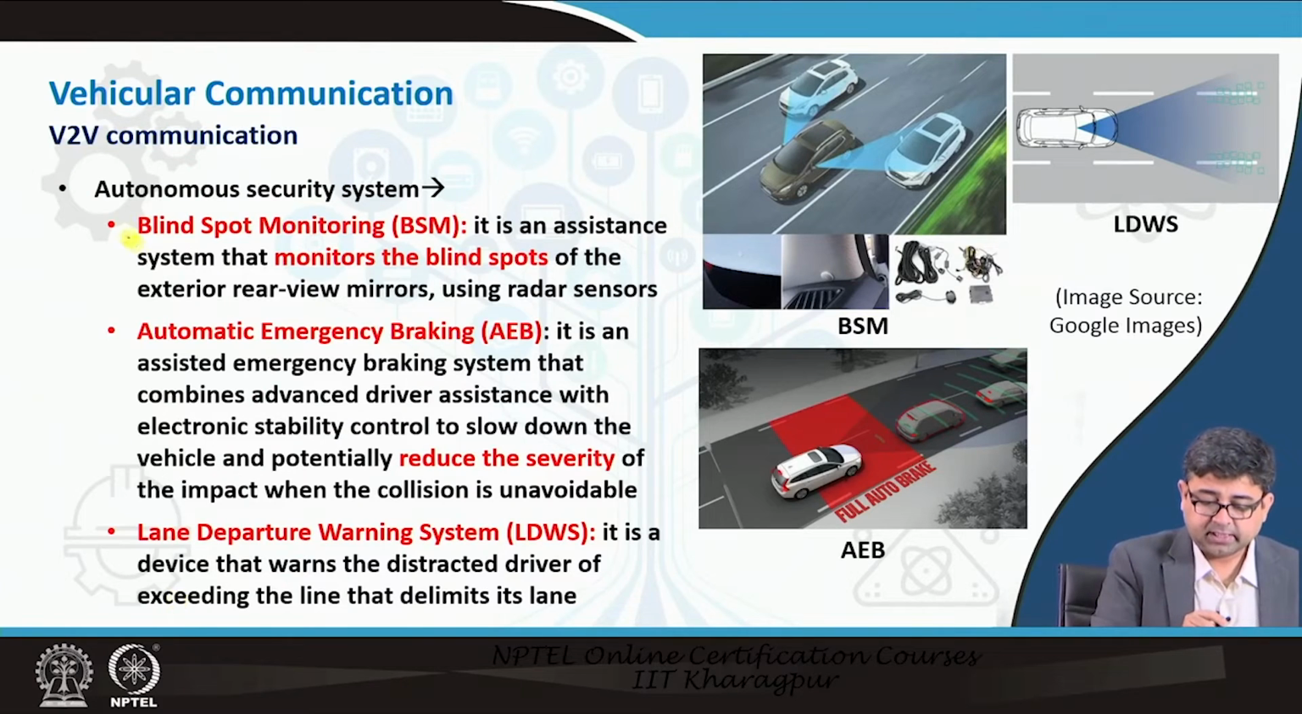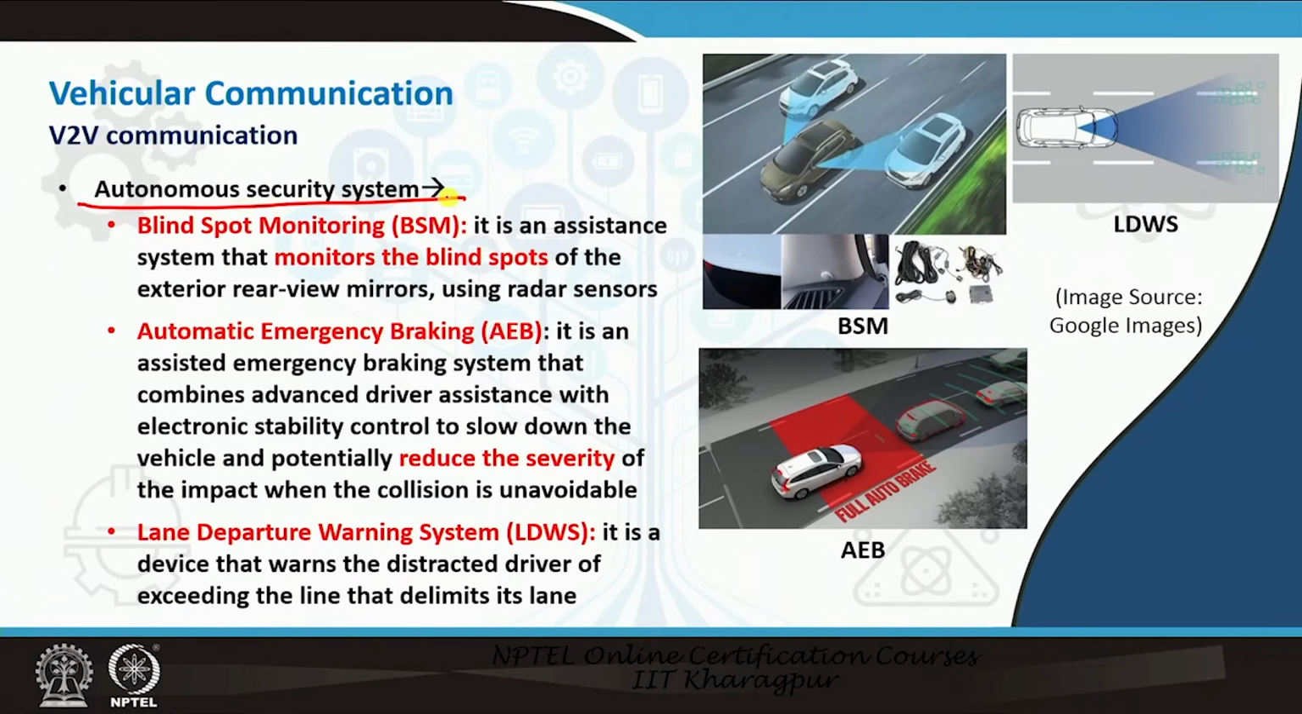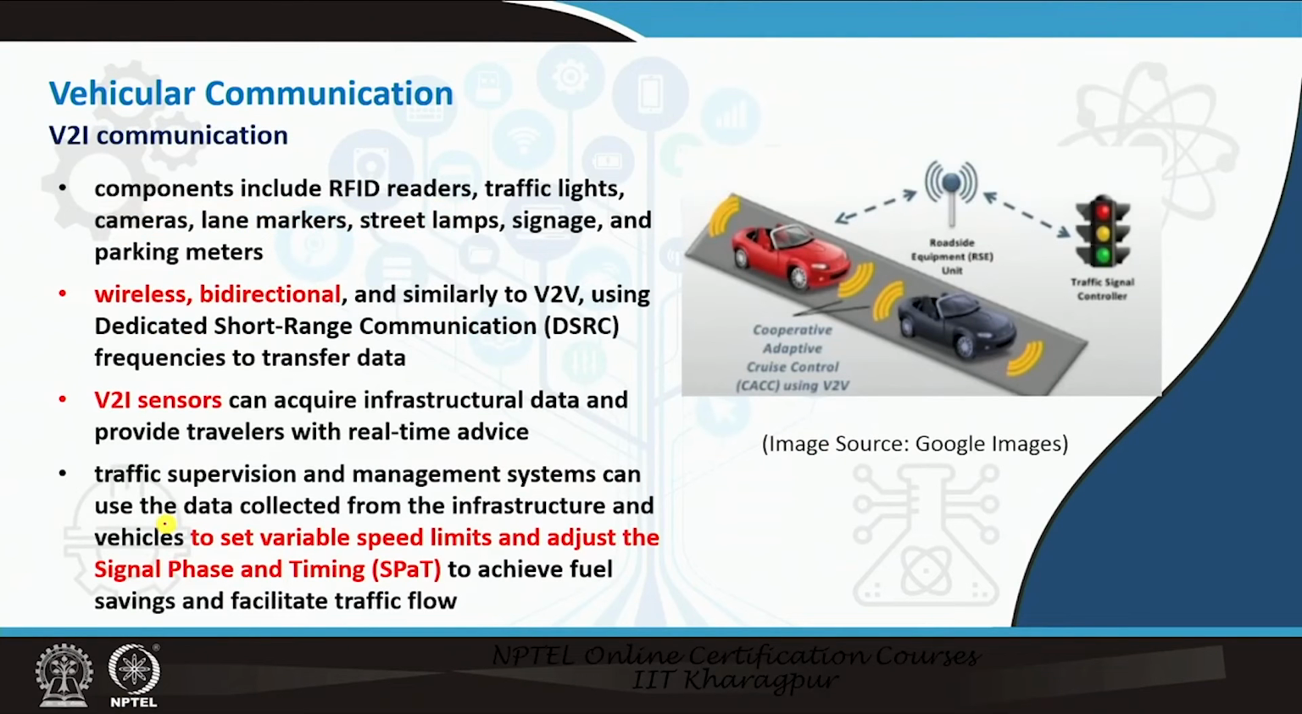Vehicle to vehicle communication. The other thing is autonomous security systems, like we have already said: blind spot monitoring, automatic braking systems, automatic emergency brakes, lane departure warning systems. So, we have already discussed these three things, and these are already available in some of the high end models of existing vehicles, even in India. Now, vehicle to infrastructure communication, V2I, components include RFID readers, traffic lights, cameras, lane markers, street lamps, signages, and